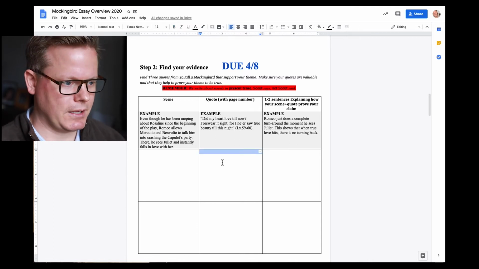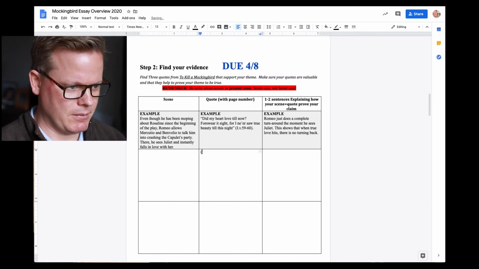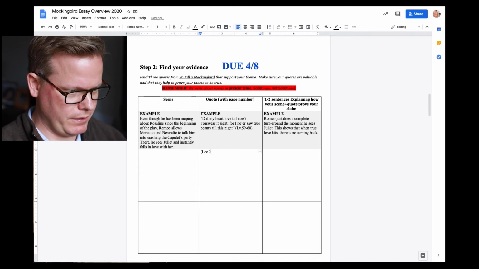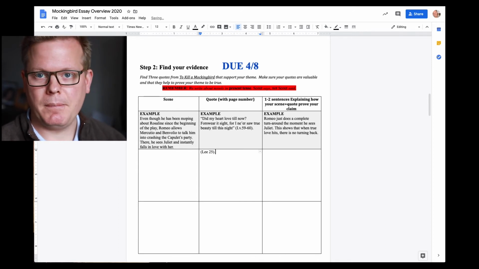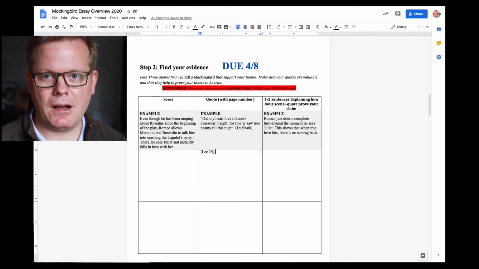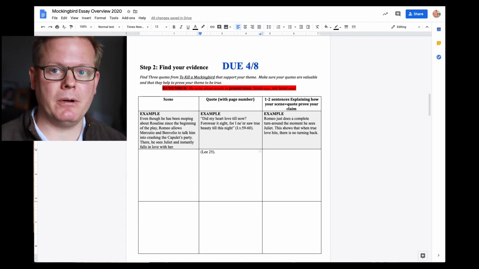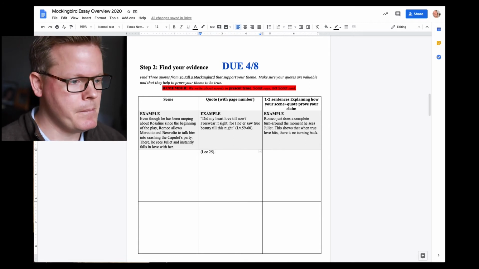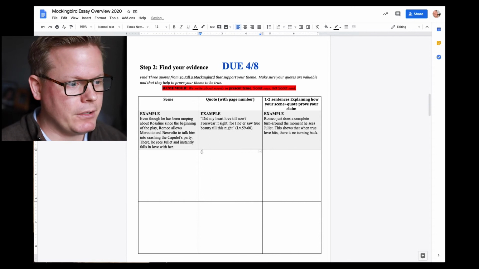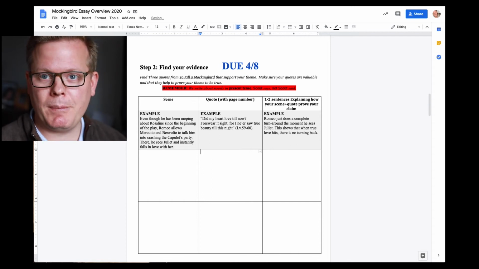Lee 15. So it would look like this. Whatever the page number is, Lee 25, period. The period goes after the citation. It's not Harper Lee, it's not Lee page number, it's just Lee and the number, okay? We're not worried about integrating the quotes right now. We're going to worry about that at the very last stage. We're just building in the raw evidence.